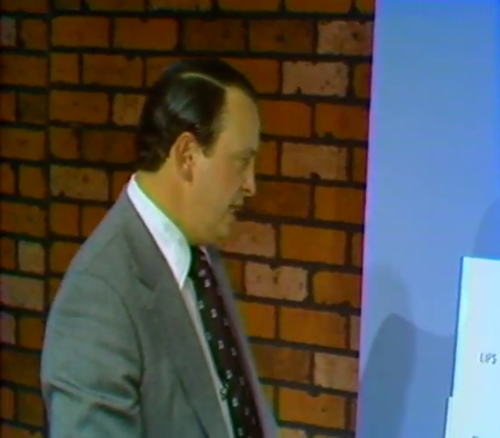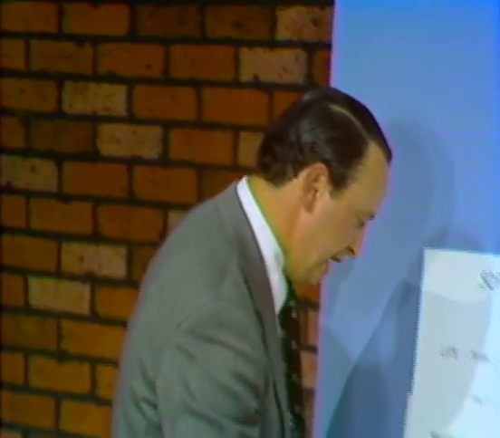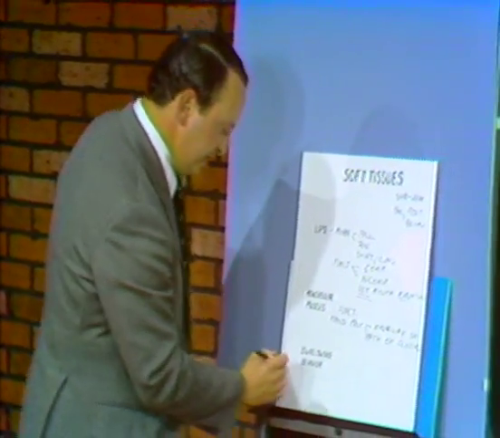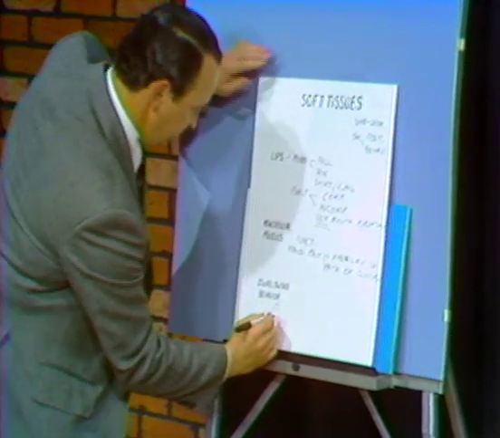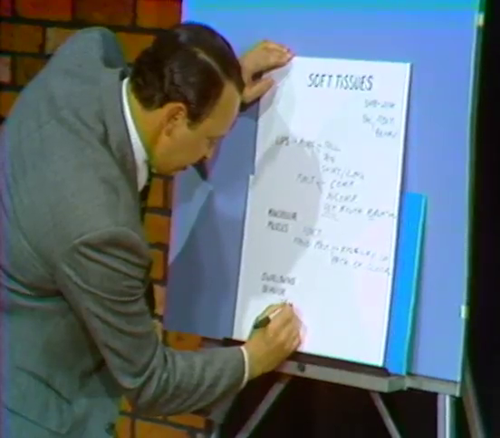Now finally, under consideration of soft tissues, we have to look at the way in which the patient swallows. Now this isn't always easy, and you have to practice this for a while on a few patients. I'll try and demonstrate that to you in a minute, but what we're looking at is the way in which the lips and sometimes the tongue are involved in producing a swallowing activity, and specifically how the front of the mouth is sealed off during swallowing. So what we're really looking at is the type of oral seal production, oral seal,